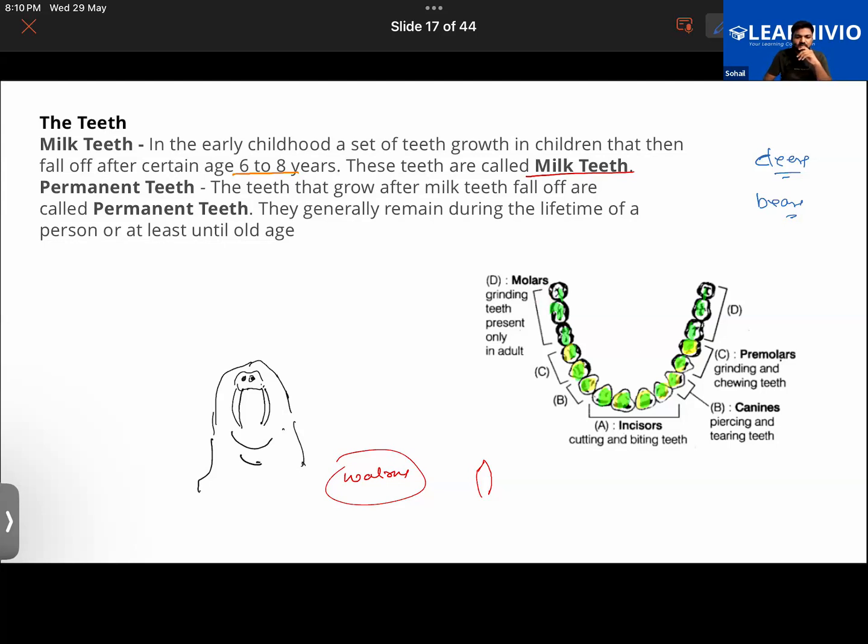Sir, those of us who eat chewing gum, we eat it with our premolars. Basically, you don't need a particular kind of teeth to chew it. You can chew it with incisors or any kind of teeth you have, because it's a soft thing.